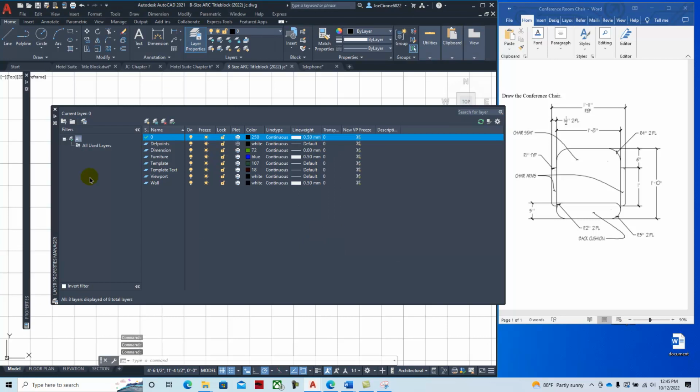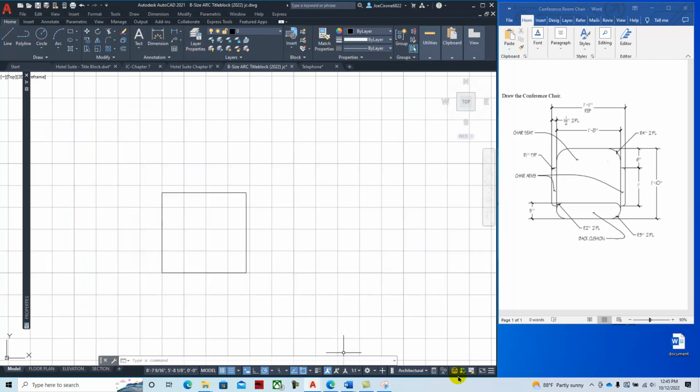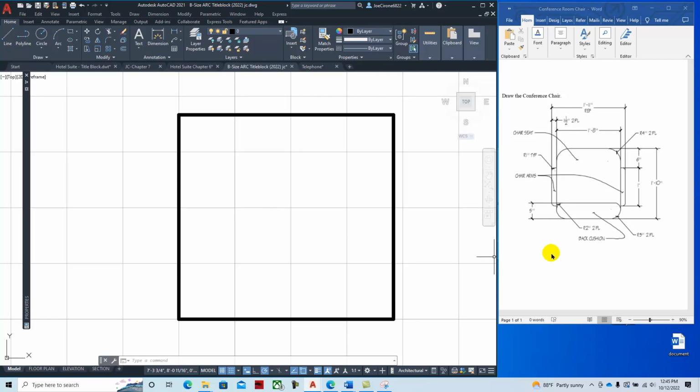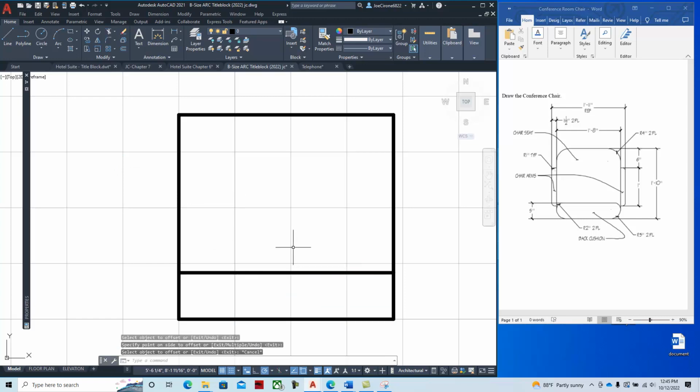Say 0.5. We'll enable our line weights. And then we'll offset, we'll start with the back where we'll offset that 5 inches. And then if we look at this at 1 foot 8 inches, that would be 12 plus 8, which would be 20 inches. And what we can do is we can draw a line down the center,